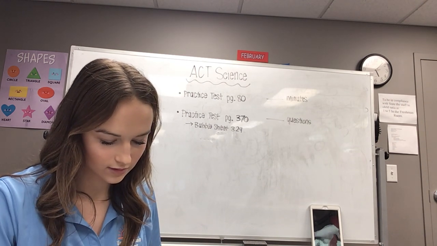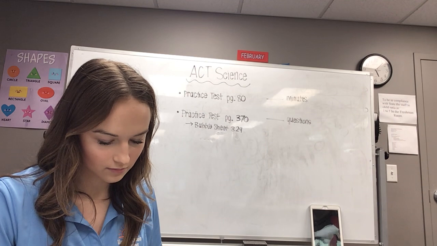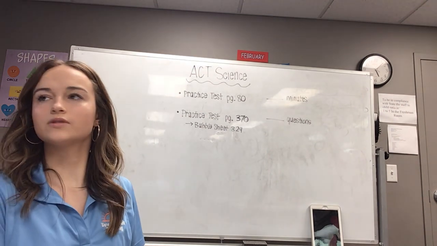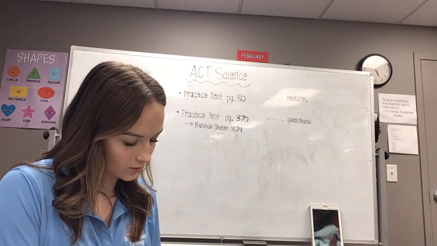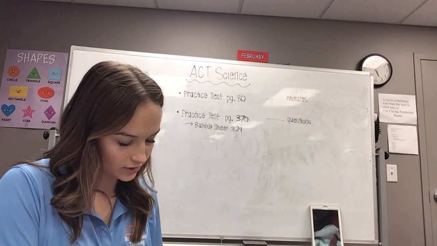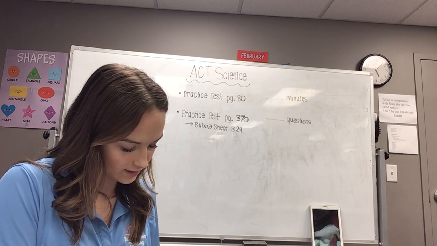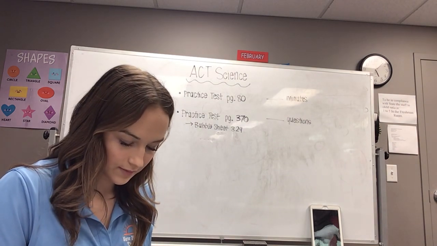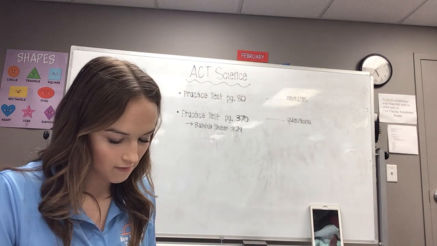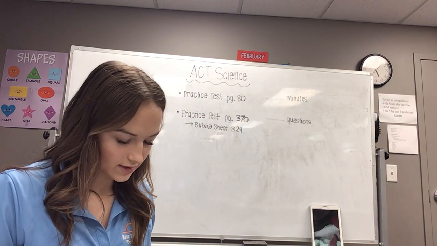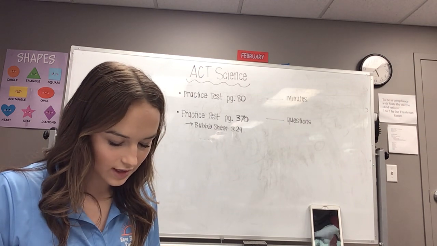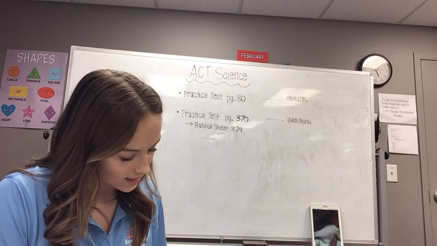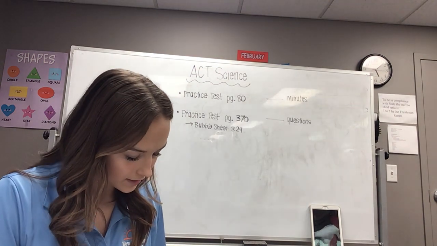Alright, give me 2 seconds. Alright, is everyone ready? Okay, so number 1 was B, number 2 was G, number 3 was C, number 4 was H, number 5 was B, number 6 was F, number 7 was C, 8 was G, 9 was D, 10 was H, 11 was B, 12 was F,